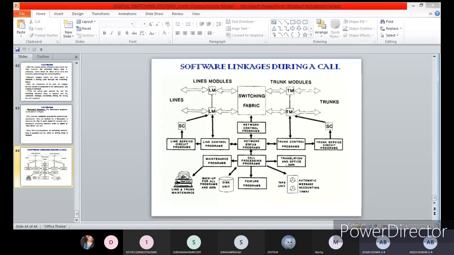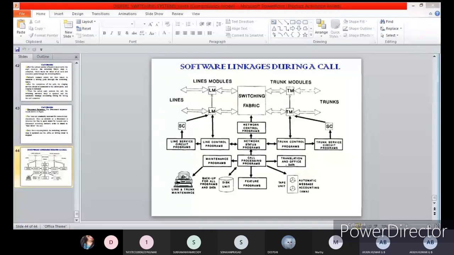The line control programs continuously scan the line modules and send the report of the status of that particular module to the network status program, which in turn works with the network control program.